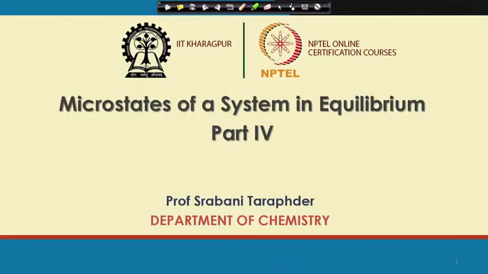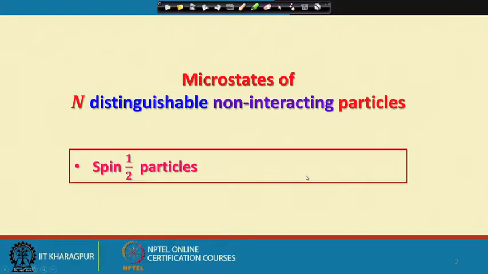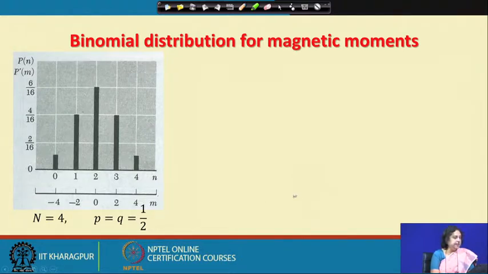So, let us continue our discussion on the microscopic states of a system in equilibrium, where we are talking about the microstates of capital N indistinguishable non-interacting particles, and we are focused on the spin half particles. We have already talked about the binomial distribution for magnetic moments, and we find that if I have capital N equal to 4, that means 4 spin half particles where there is no preferential orientation for either the up or the down spin in the absence of an external field, it is possible to find out the probability associated with